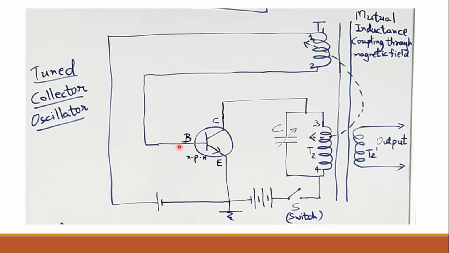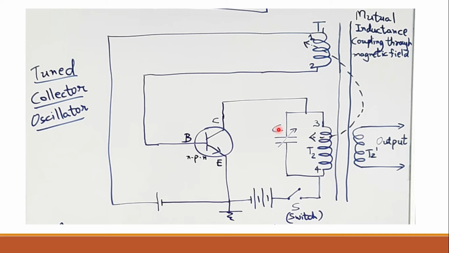Similarly, this P junction is forward bias by using the positive terminal of the battery, right? Of course, detailed biasing circuits consisting of resistors and capacitors is omitted over here for the ease of understanding. For this particular circuit, we have used an LC tuned oscillator circuit at the output side, and therefore this circuit is also known as tuned collector oscillator circuit because we are using it at the collector side, right?